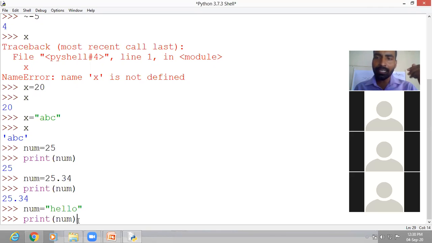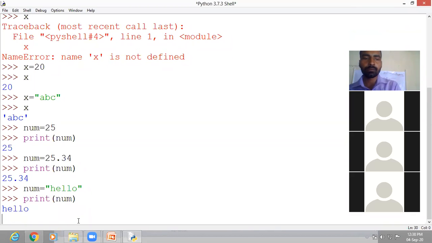At one time it has assigned integer, second time it has assigned float, and third time it is going to assign string type of value. And this is called dynamic typing of variable. Okay, this is the feature of dynamic typing.